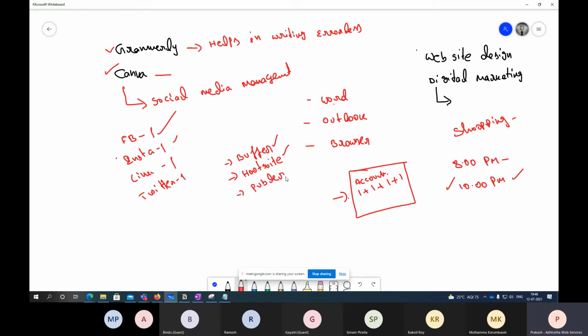So we'll be using something called Publer, and I'll be sending you the link for this. You can sign up and log into that, and we'll be doing live practice on this. But before that, what I would request is try to log into Canva, right? Create your free account. I think most of you created it in the morning, I believe. If not, please create that account now and start creating something on your own, right?